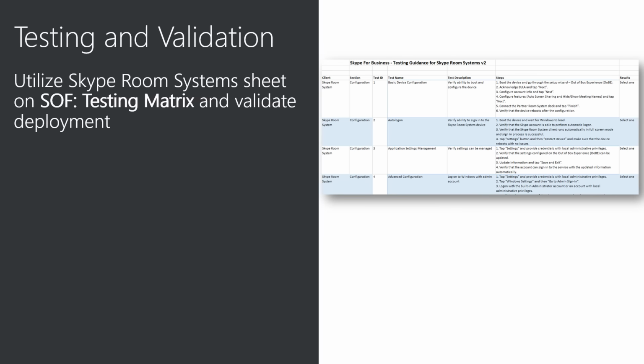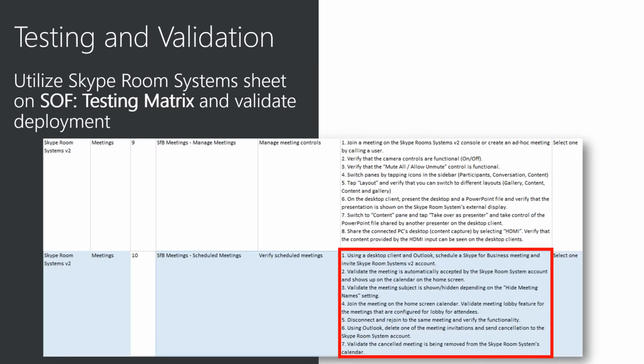Next step of the deployment and configuration phase is the validation of the deployed solution. We have updated the soft testing materials and added the meeting room scenarios that you can use to validate your deployment of the Skype Room systems. Just download the latest version of the testing metrics and complete each scenario. Just one example